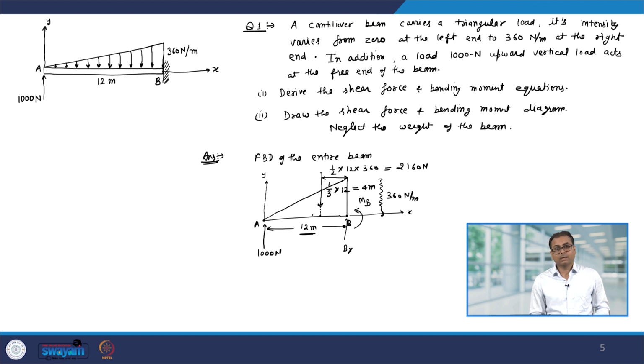So, this completes the free body diagram of the entire beam. Now, let us use the force balance equation first to find out what is the reaction force at point B. Okay. So, let me call it RB. So, we have summation Fy equal to 0, this gives you Rb equal to